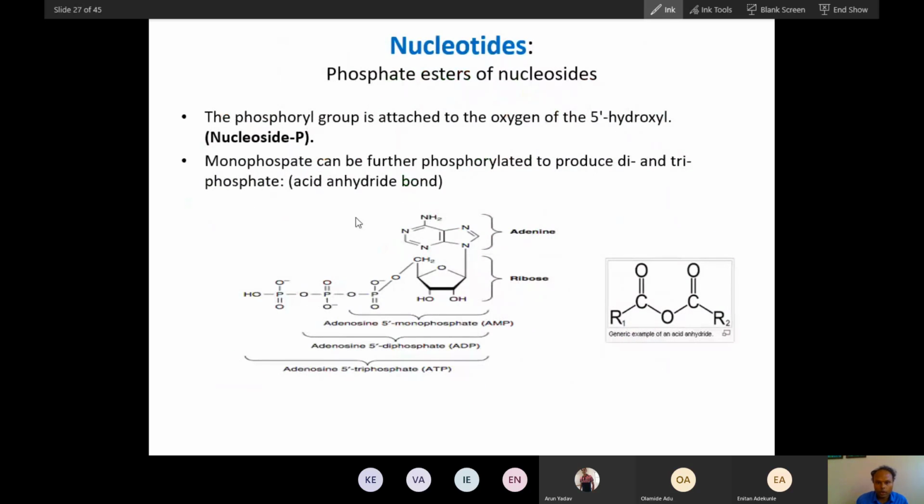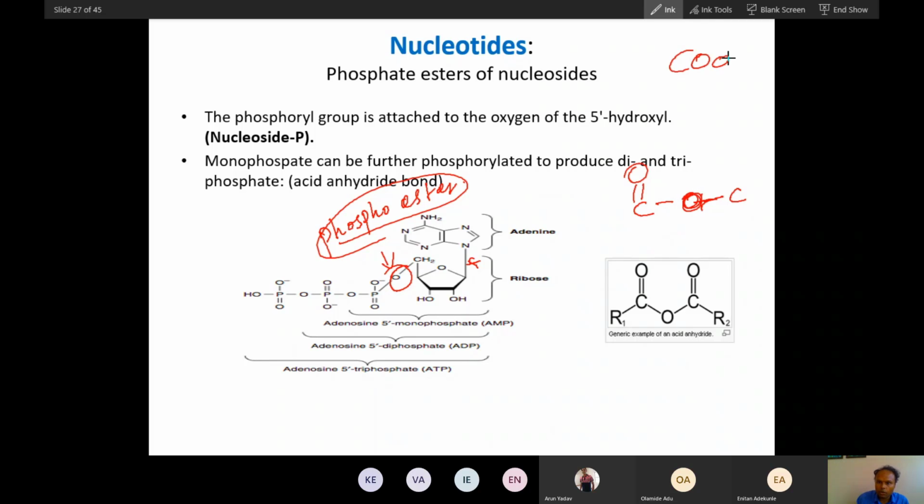Now you already know about all the nucleotides, so let's revise the nucleotide. This is the N-glycosidic bond, and these are called ester bonds, phosphoester bonds. What is an ester bond? This is an ester bond in carbon, okay? This is an ester bond with the other carbon.